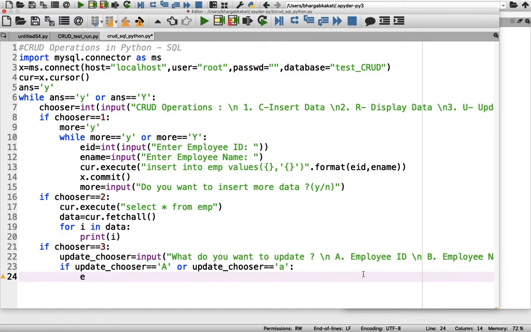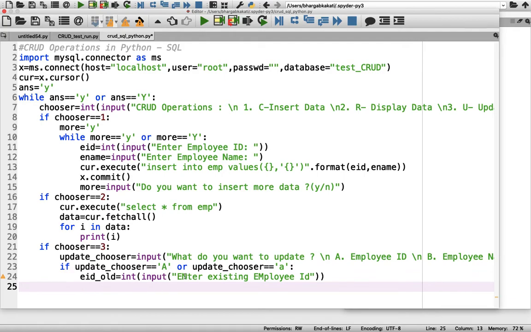So let's take a variable, let's say, EID old. What will we be asking? Enter existing employee ID. So here I have to give int input, enter existing employee ID. So here the user will enter the existing employee ID.